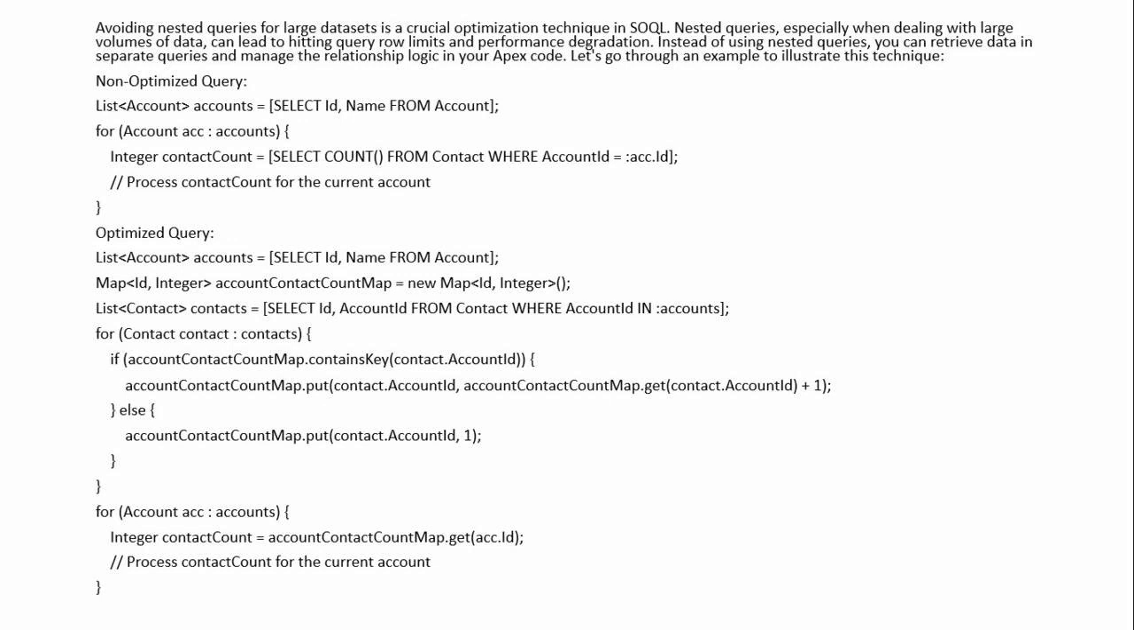if (accountContactCountMap.containsKey(contact.AccountId)) { accountContactCountMap.put(contact.AccountId, accountContactCountMap.get(contact.AccountId) + 1); } else { accountContactCountMap.put(contact.AccountId, 1); } } for (Account acc : accounts) { Integer contactCount = accountContactCountMap.get(acc.Id); // Process contact count for